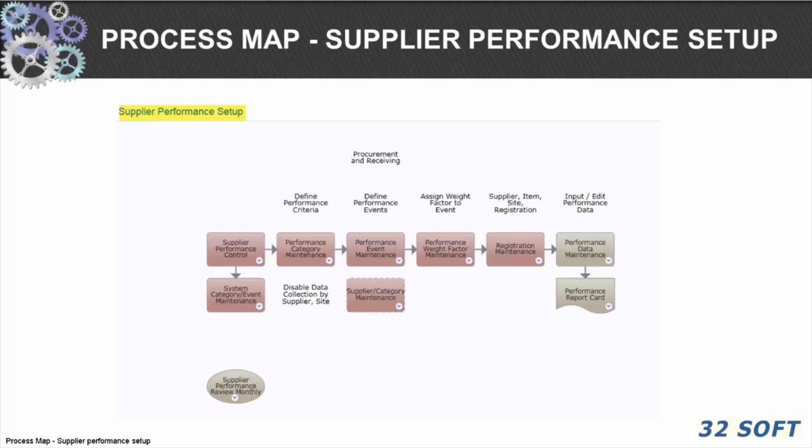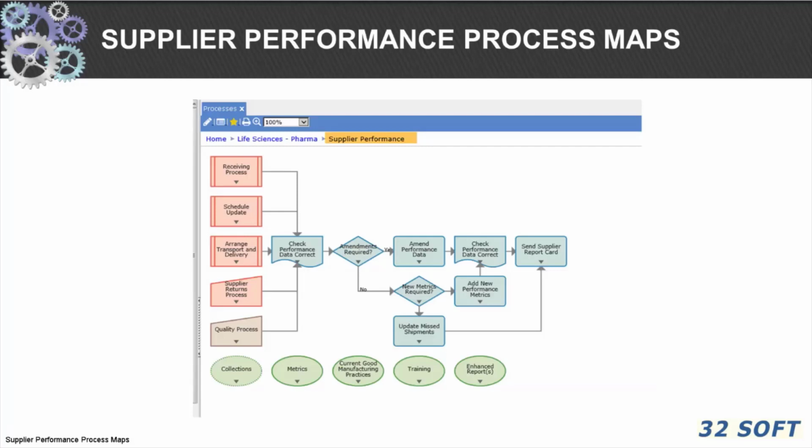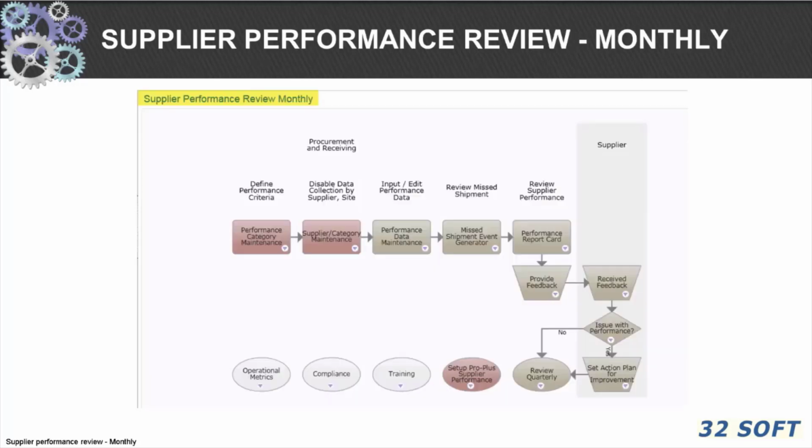As with all modules and functionality in QAD that you are not familiar with, QAD process maps are a great help in understanding the data requirements, setup suggestions, and in-process instructions for, in this case, supplier performance. Here are some of the process maps available for supplier performance. Here is a process map for supplier performance flow. You can even access maps for monthly supplier performance processing.